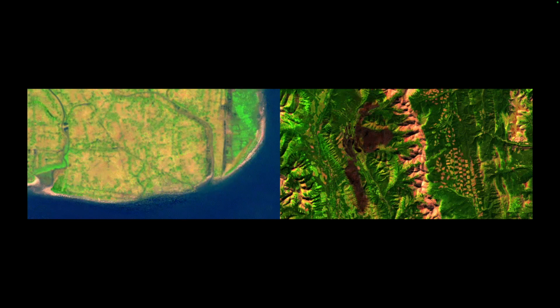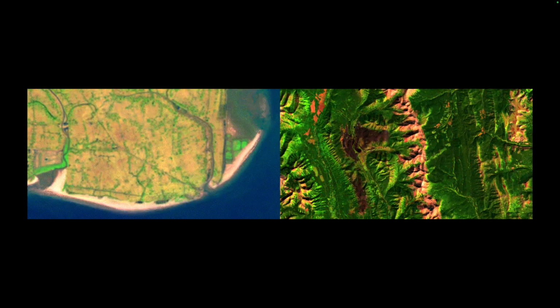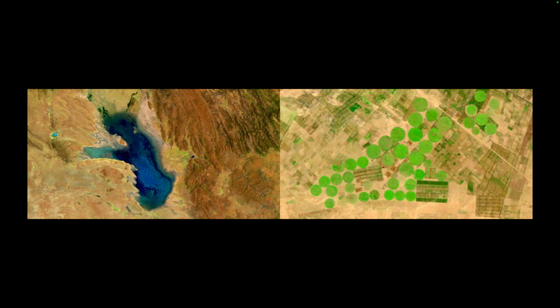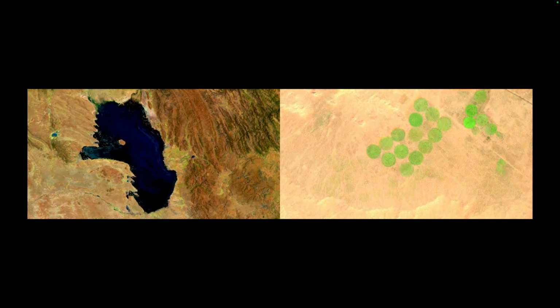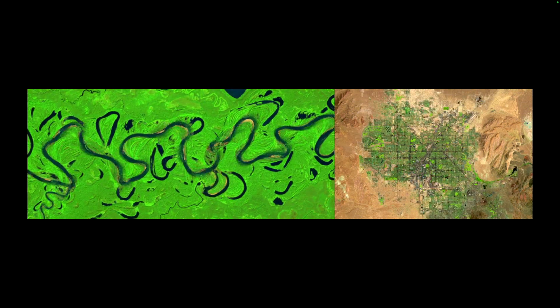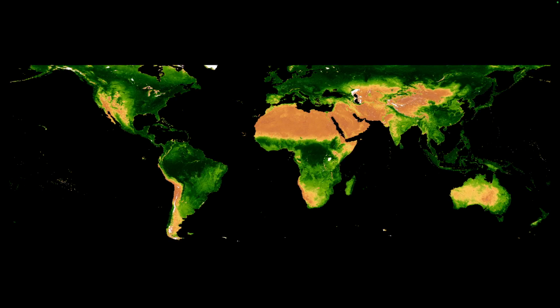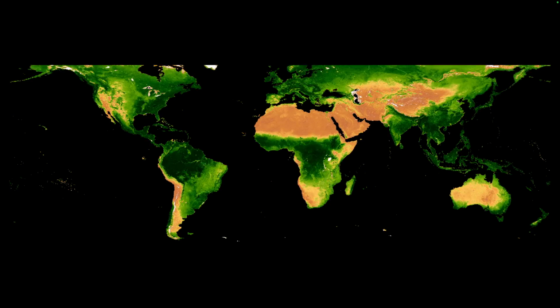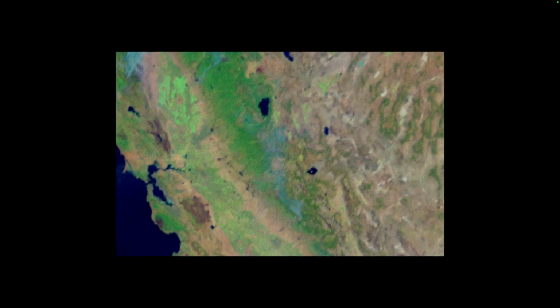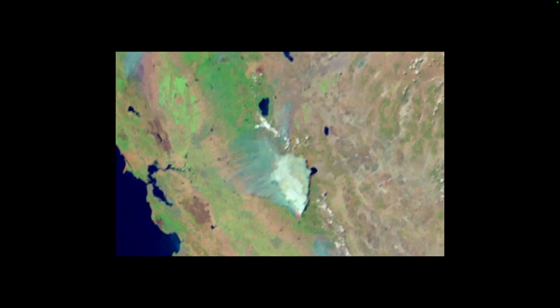We have shorelines, forestation, tree growth, lake and reservoir levels rising and falling with the influence of agriculture, meandering rivers, Amazon rainforest, urban expansion in Las Vegas, and things that are seasonal, like vegetation and snow cover, things north and south. So all of those events are things that happen on the scale of a year or multiple years, but there's also events that